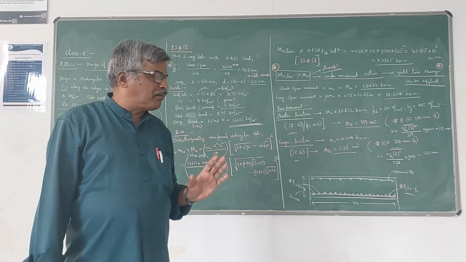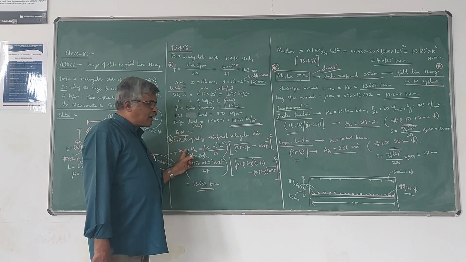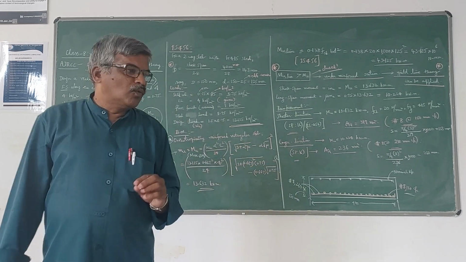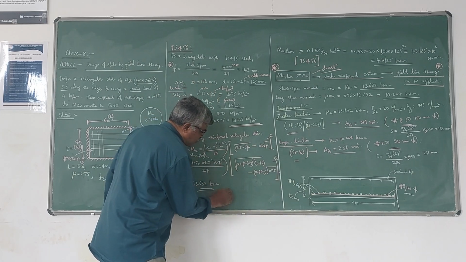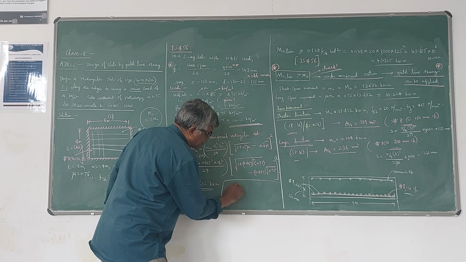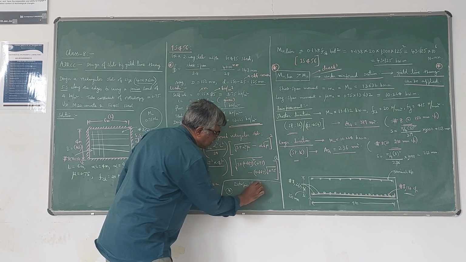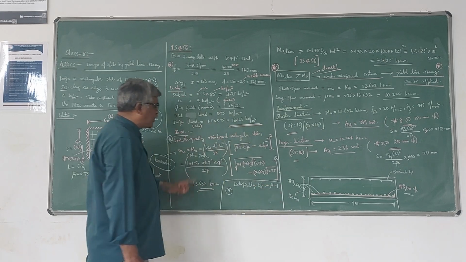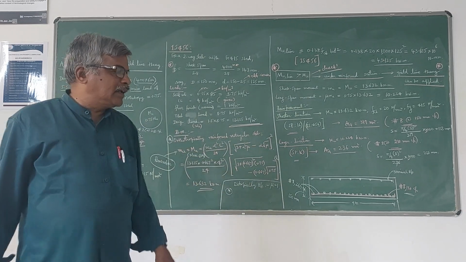In the same problem, if they give an isotropically reinforced rectangular slab, mu becomes 1. Please note that mu is equal to 1. So that is the change here. You have to make a note here. Suppose it is isotropic for the same problem, isotropically reinforced slab, so we have to take mu equal to 1. So in this formula, the mu value you have to take as 1. If it is other than 1, then it is orthotropic.